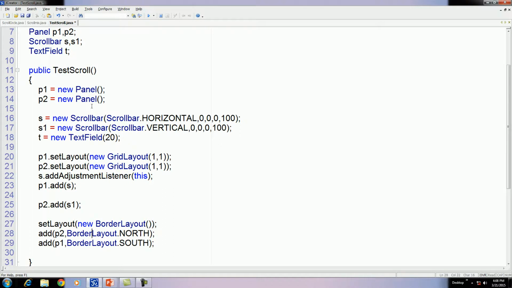Suppose the panel P2, which holds scroll bar 2, is at the east side. Okay, P1 is at the south side, and let us place the text field at center.